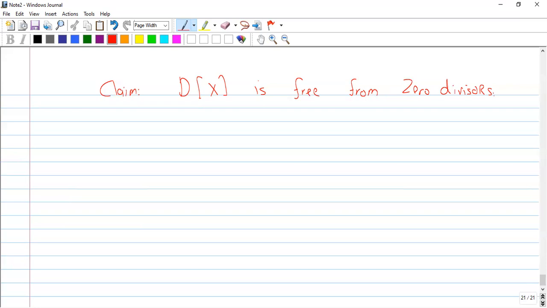अच्छा, इसको मेरा अपना ख्याल है कि आप कॉन्ट्रा पॉजिटिव से करने की कोशिश करें या कॉन्ट्राडिक्शन से करने की कोशिश करें कि आप अज्यूम कर लें कि D[x] में जीरो डिवाइजर्स मौजूद हैं, यानी कि दो नॉन जीरो एलिमेंट्स का प्रोडक्ट जीरो के बराबर है। फिर आपका आसानी से हो जाएगा।